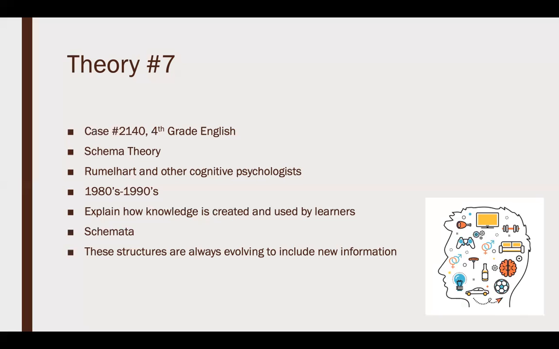Before starting the lesson, she once again outlines that the students will need to use information from their book and their own schema or personal knowledge to make an inference about the text. The teacher asks the students to use what they read in the book and their background knowledge to make an inference about the text. The rest of the video goes through multiple examples of this technique, which is very influenced by schema theory.